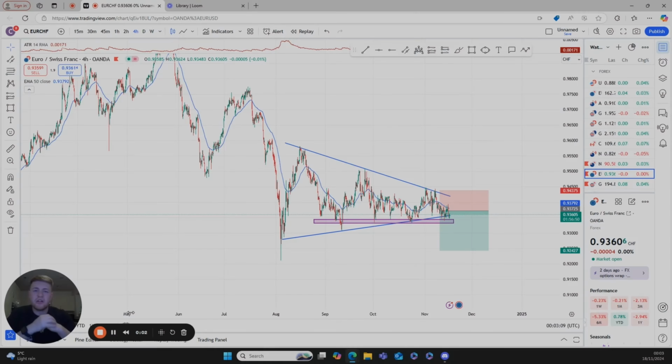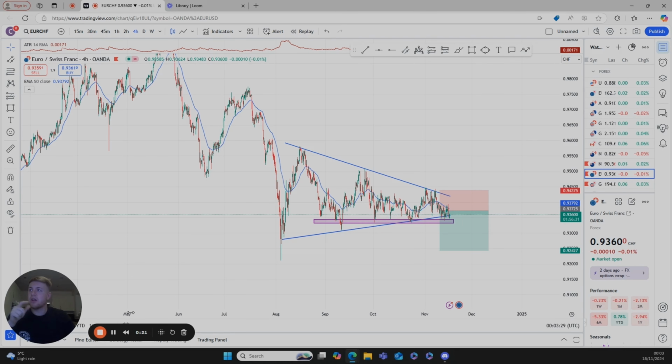So yeah, right, let's get to the chart. So here we are back on TradingView, looking at the charts. What we'll do is start off with the one trade that I took last week on Monday, and then we'll flip over to the upcoming week, looking at some of the trades that we looked at last week, hoping that they play out this week, and also a couple of others that I picked up over the weekend.